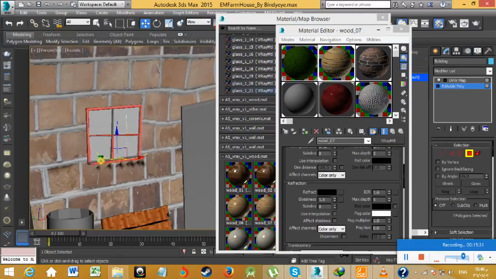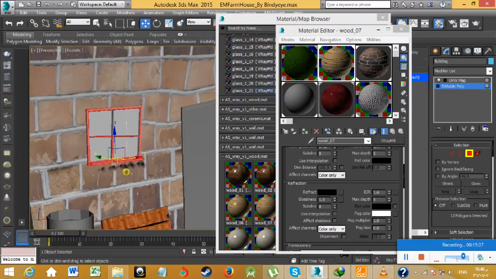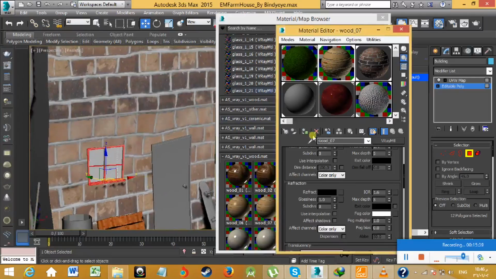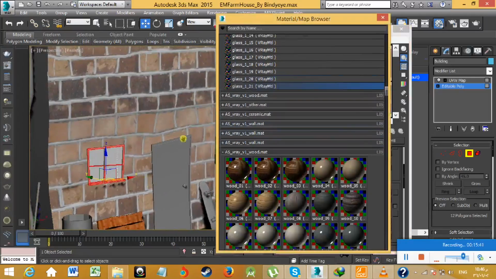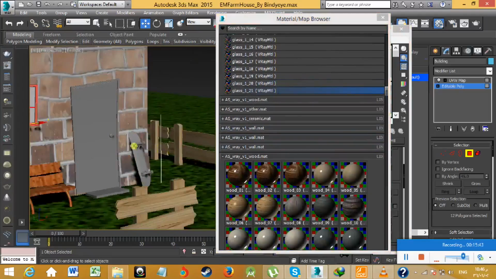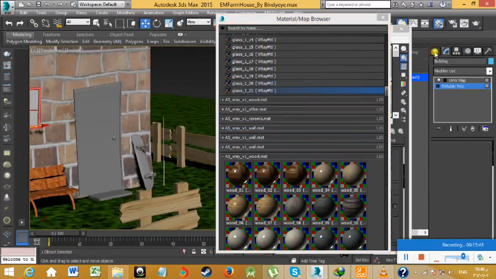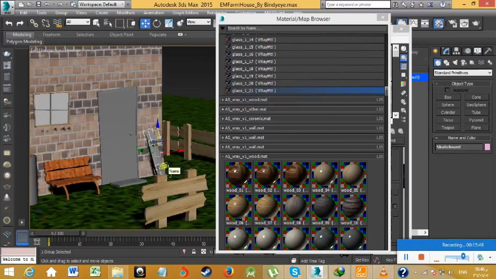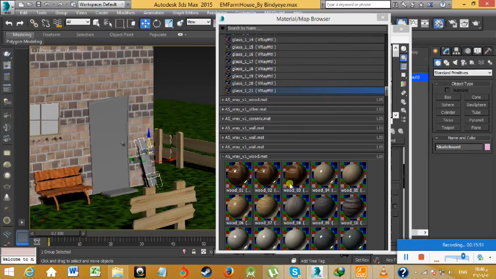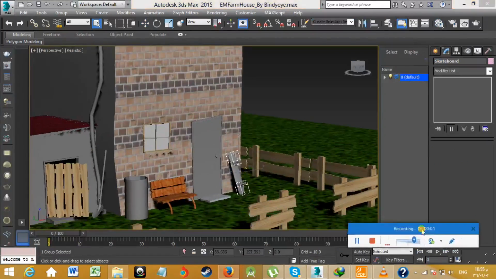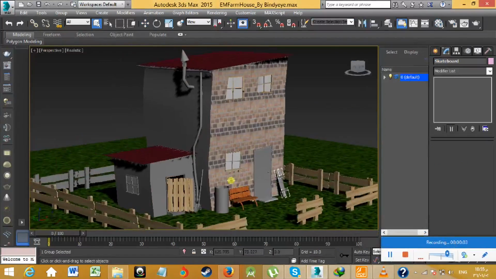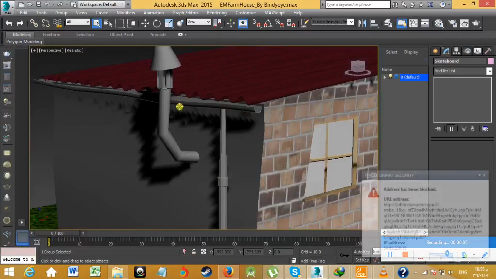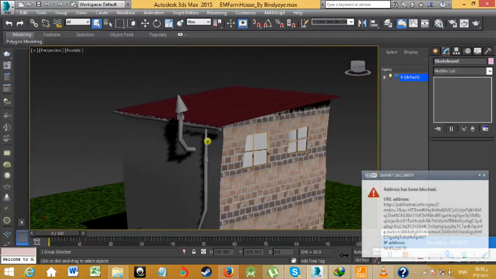Okay, so it all depends on your selection. If you have made different layers, it's very easy to apply not by one, but by selecting that object only. For example, this is a different object. The next thing I'm going to apply is some metal material on this